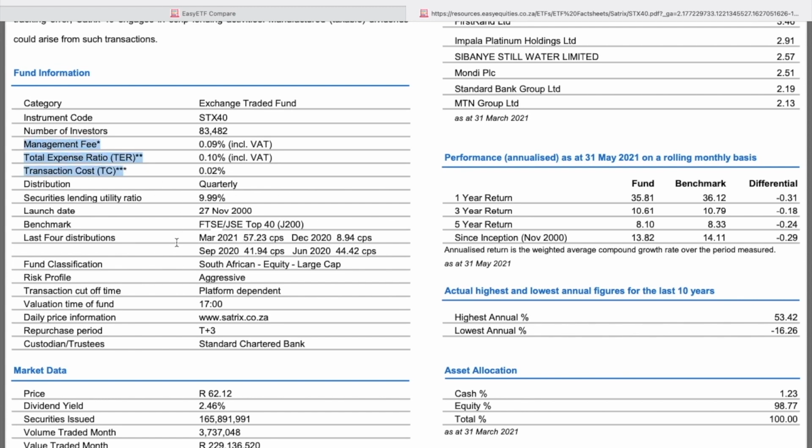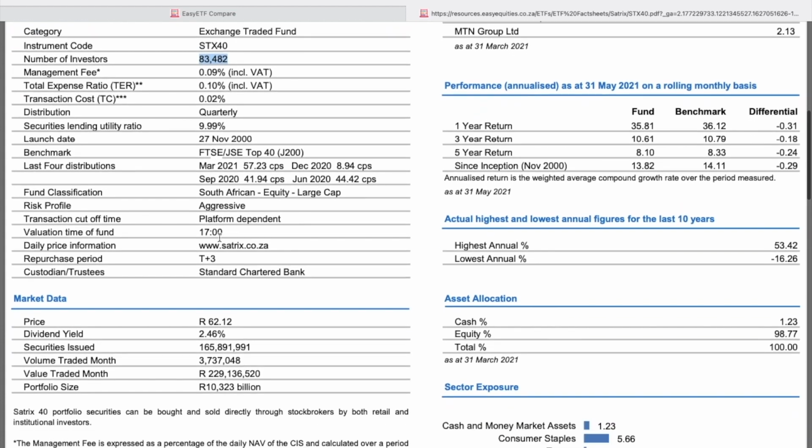It also tells you how many people are invested in the fund. And here is the other piece of information we want. We want to know how accurately this ETF tracks the benchmark. So we can see here 1 year return for the JSE Top 40 was 36.12%, and the fund returned 35.81%. So that's a difference of